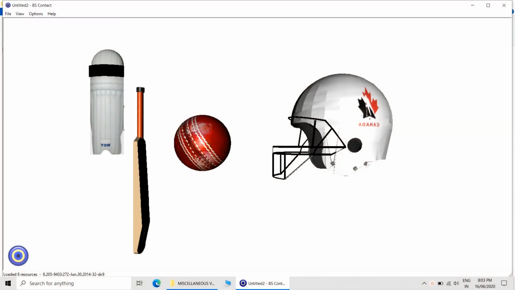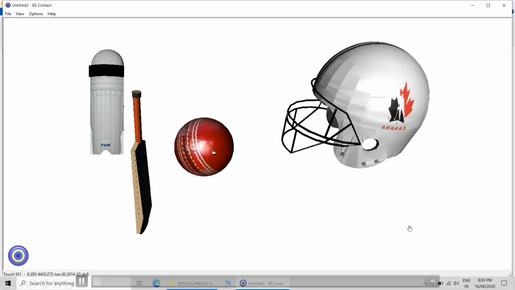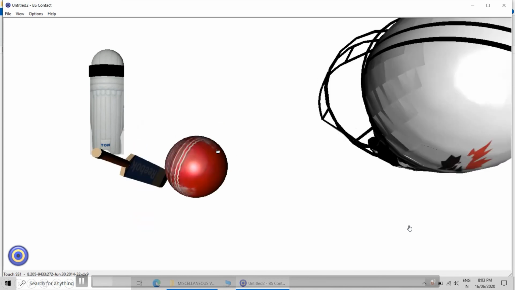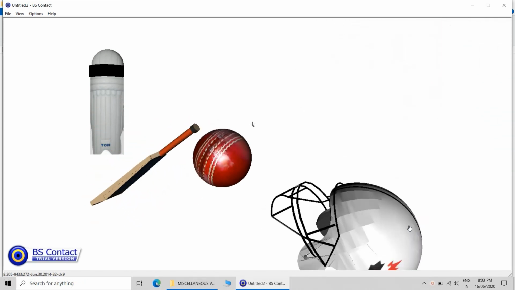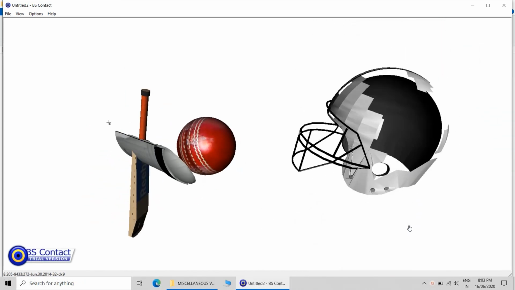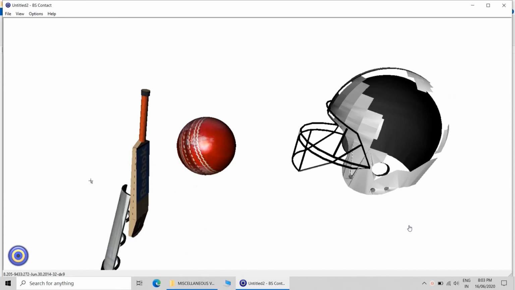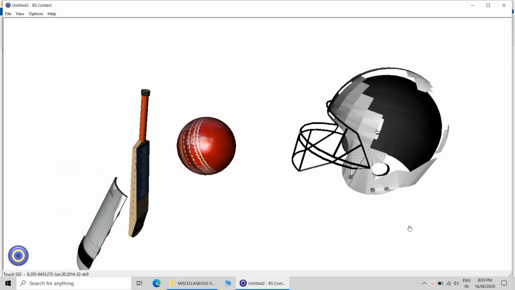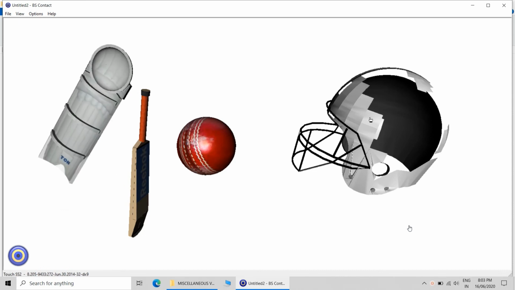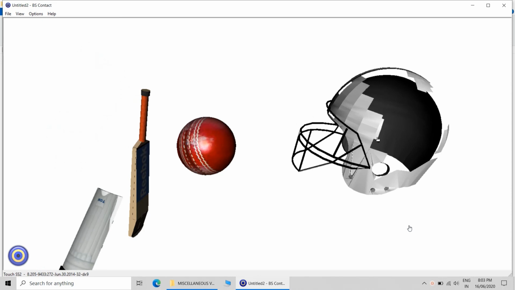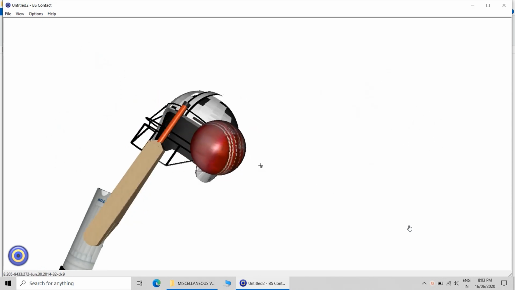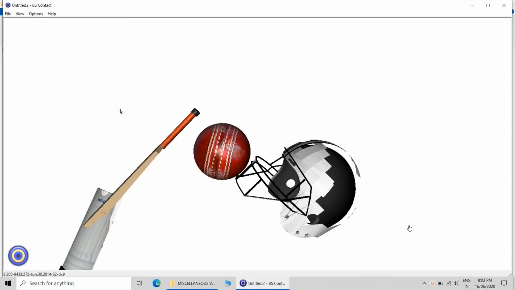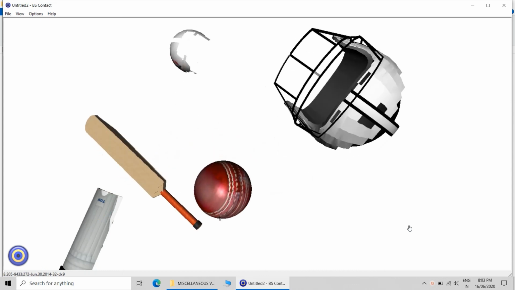Then these are the objects which are connected with sphere sensor. The helmet and ball pads are connected with sphere sensor, and there is a connection between the two objects actually. So operating one object will cause rotation of the other object.